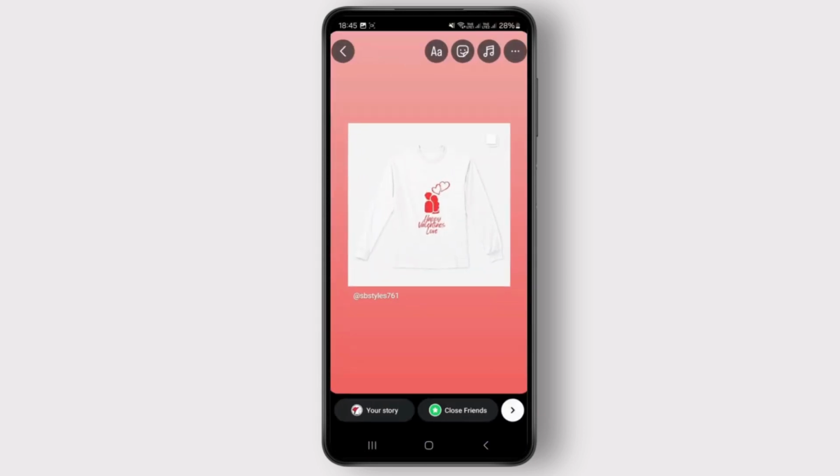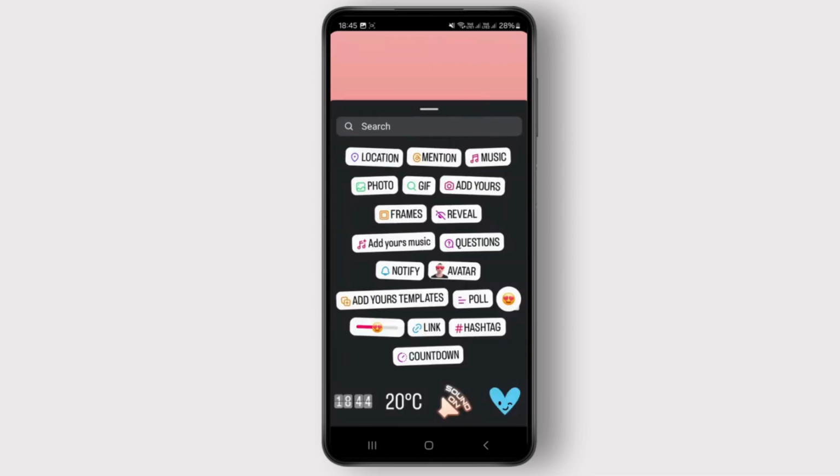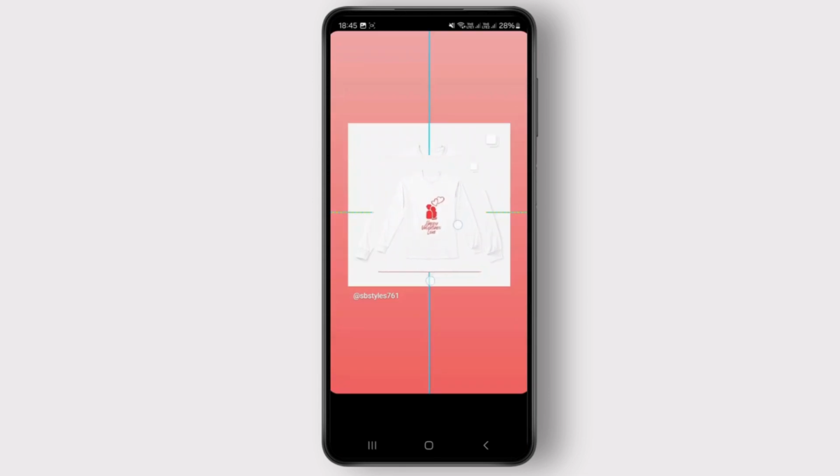So next thing what you can do is just head back to your story section and click on the sticker icon at the top, and you can see there is an option called photos. So just tap on that and select the particular photo which you just cropped, and now all you gotta